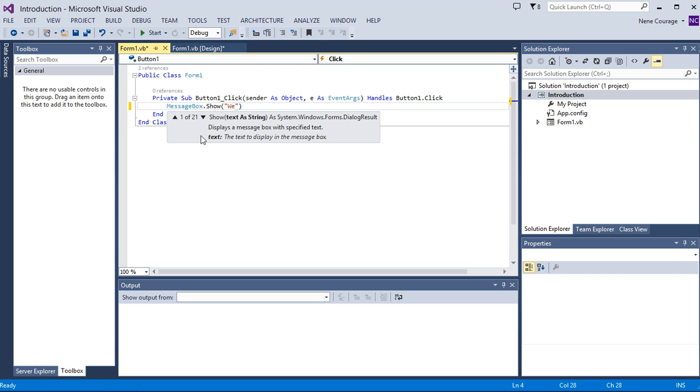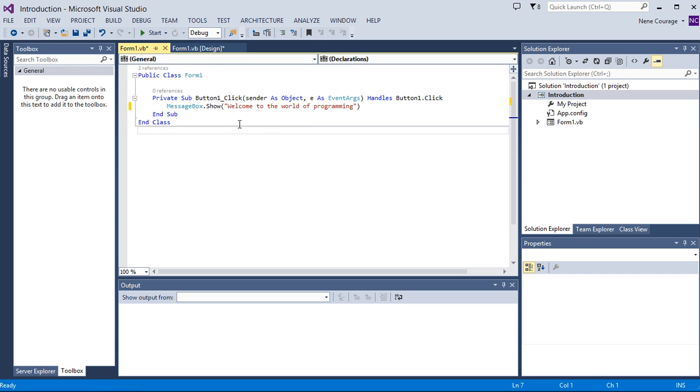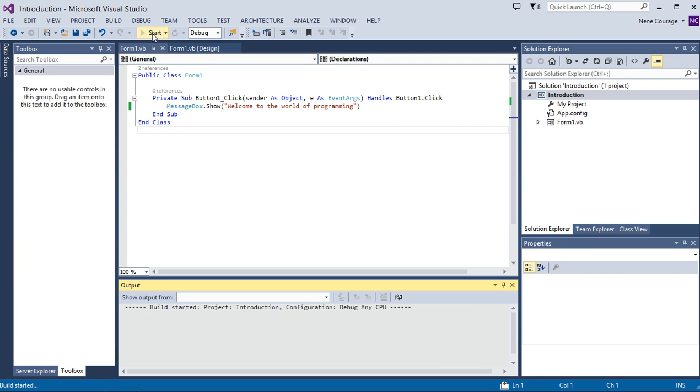So I'll just write, welcome to the world of programming. Oh, sorry. Welcome to the world of programming. Is my spelling correct? Programming. So when we run this, it's actually going to display welcome to the world of programming on the screen. If you want to run a code in Visual Studio, you can come to the start button over here, or you can just press F5 on your keyboard. So I click on the start,